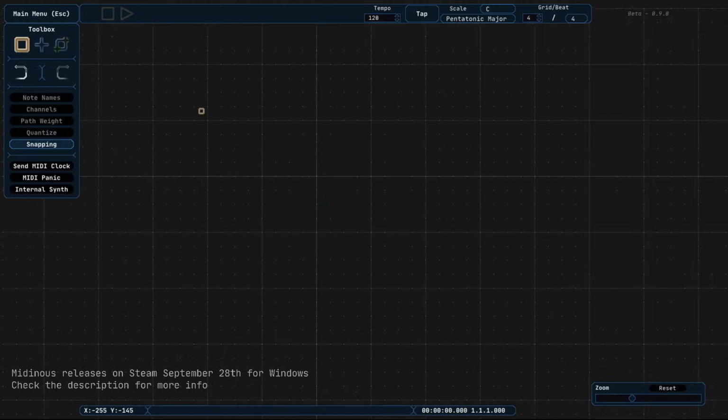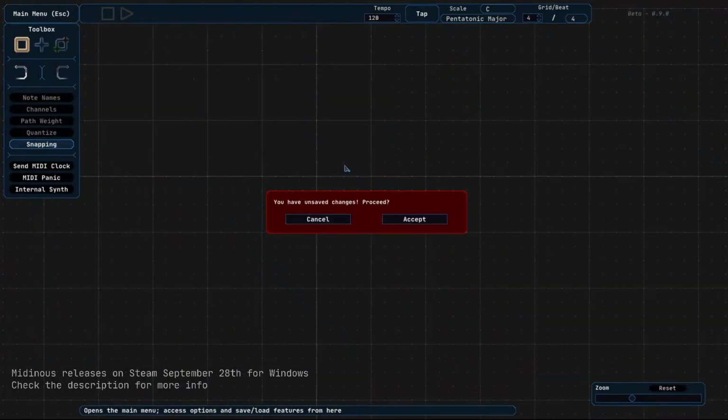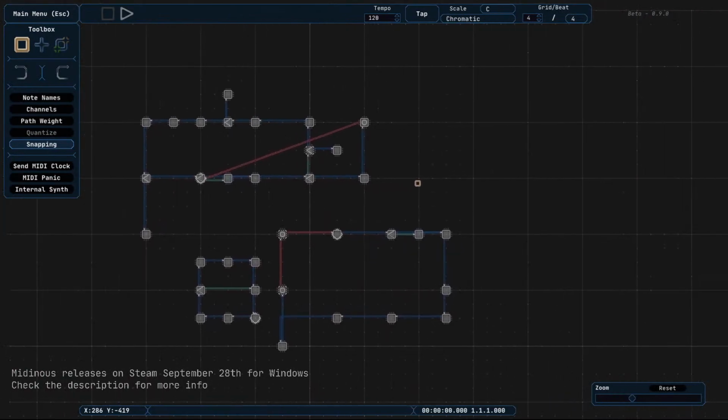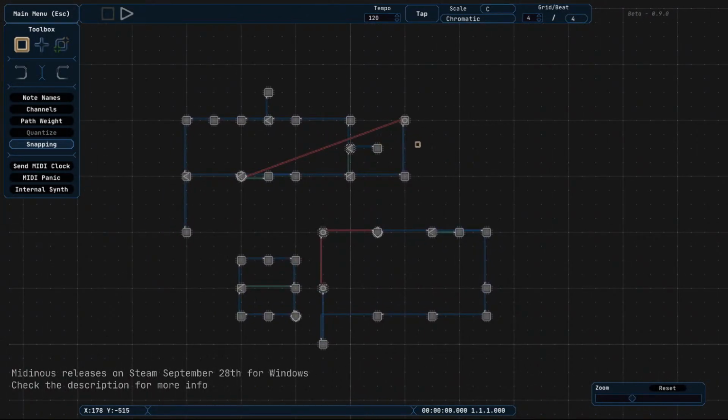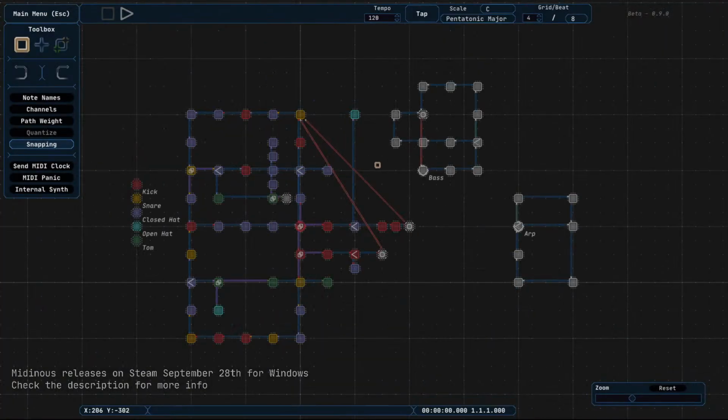In fact, I'm actually gonna load up one of the trailers that I made, because it's a lot easier to demo something that's already been created. Actually, let me see. Drum machine. Yeah, okay, so this is the sequence that I demoed on my Twitter a few weeks ago. This is the one that has